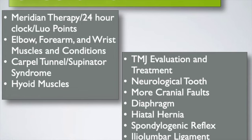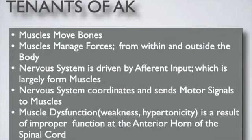Anyway, so at this point, just kind of a review of AK. I want to keep folding these concepts back in to the mix. AK review, tenets of AK. Muscles move bones. Muscles manage forces from within and outside the body. Nervous system is driven by afferent input,